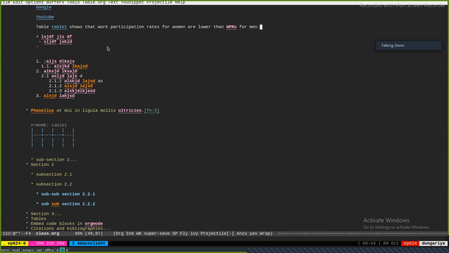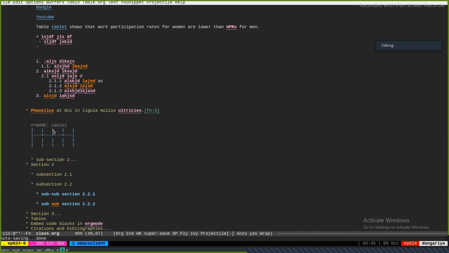The numbering is automatic, so you don't have to worry about numbering. It will take care of numbering depending on the sequence in which the tables appear, which means that you can move about your tables and your text will automatically adjust. So you don't write a fixed number; you refer to the name. Each table is given a name, and that name is then referred to in the text. Is that clear?